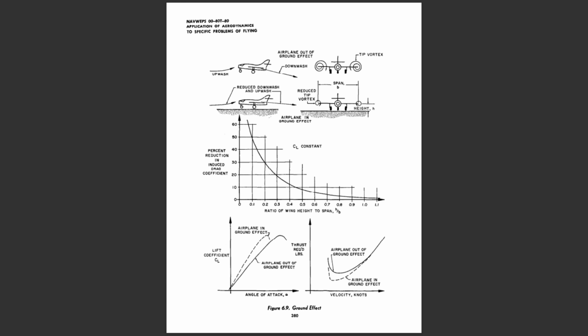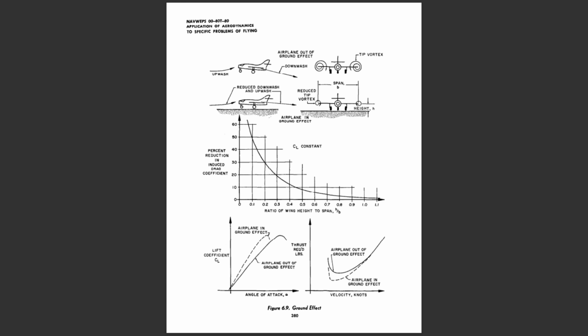As a result of the reduced tip vortices, the wing in the presence of ground effect will behave as if it were of a greater aspect ratio. In other words, the induced velocities due to the tip, or trailing, vortices will be reduced, and the wing will incur smaller values of induced drag coefficient, C_D sub i, and induced angle of attack, alpha sub i, for any specific lift coefficient, C_L. In order for ground effect to be of a significant magnitude, the wing must be quite close to the ground